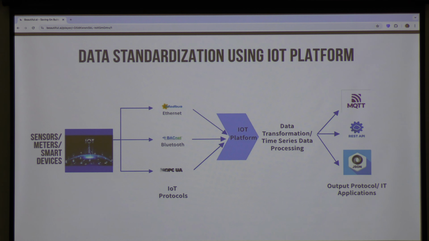All of it can be fed to an IoT platform, and then it transforms the data into the commonly understood protocol, which software teams can understand, which even a normal person can understand. So think of an IoT platform as Google Translator. People are speaking different languages, and now with the help of Google Translator, it's so easy to convert from one language to another. You are speaking Hindi, like I speak Hindi. You can convert it into English or English to Spanish, right? So IoT platforms are like that.